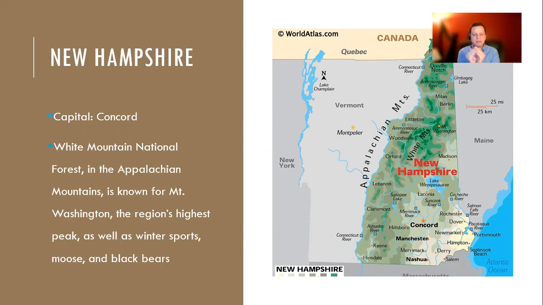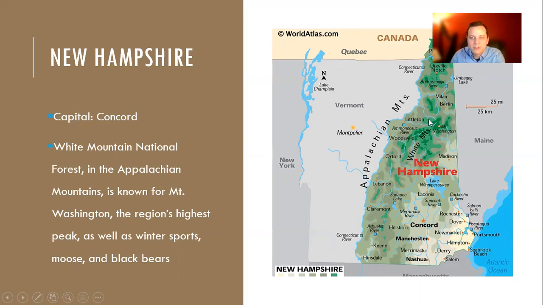Yesterday we briefly mentioned the Blue Ridge Mountains. But today, part of those Appalachian Mountains are the White Mountains. And this is even more ridiculous, how I remember it. Remember the wizard with the hat? Well, he has long white hair. So that's how I remember the White Mountains are in New Hampshire. It all comes back to that one wizard. And believe it or not, I just watched that movie for the first time in my life about 2 weeks ago. So you don't have to watch the movie to help remember.